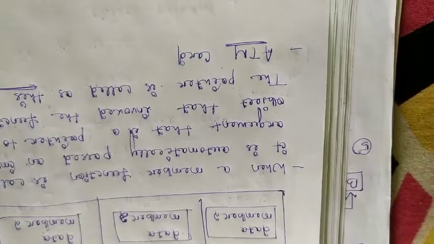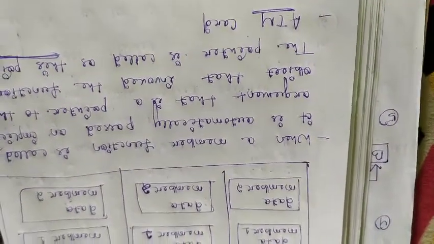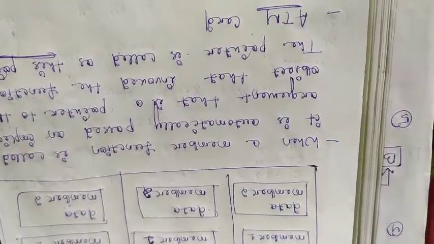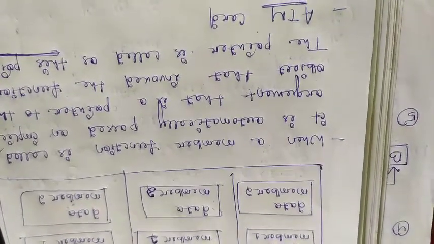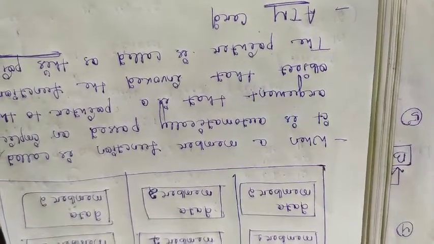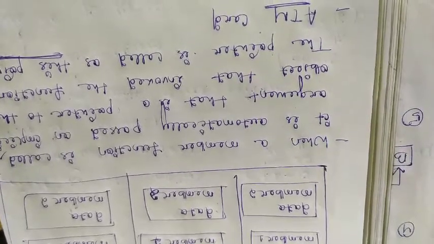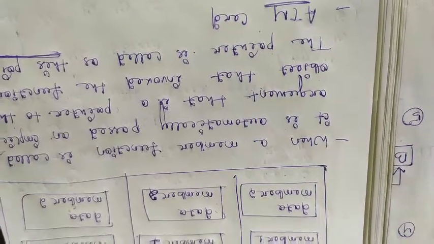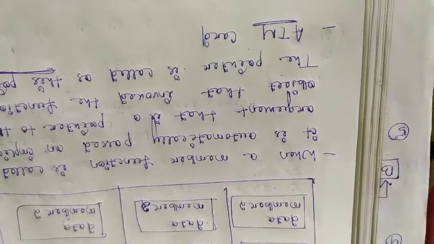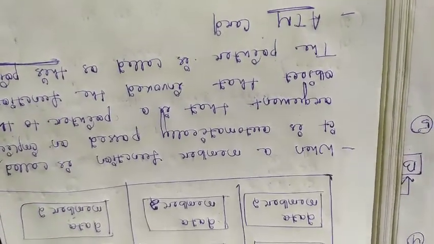Okay, because in a bank there are many accounts, and also many account holders. The account holders can withdraw money or view their bank statements through ATM machines. You can see how much you will withdraw, and how much balance you have in your account. You can see it through the ATM.